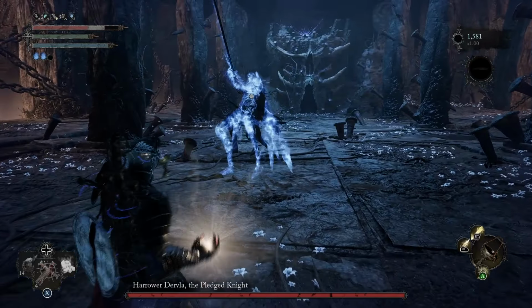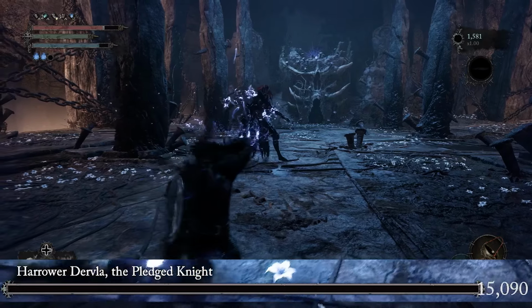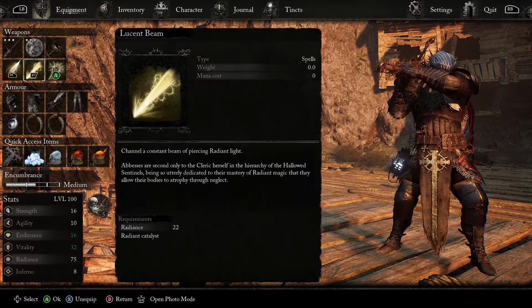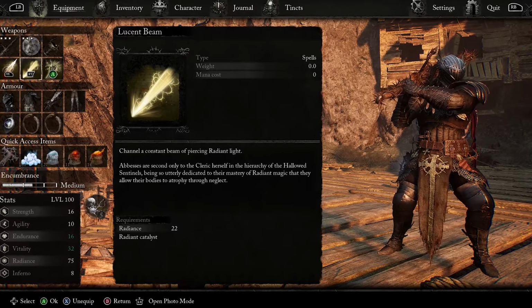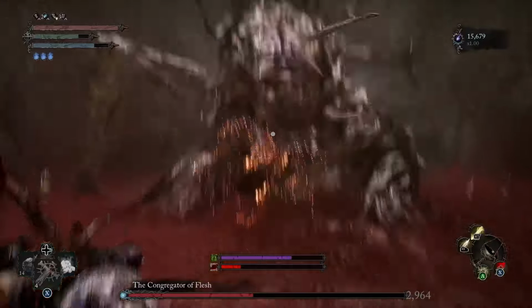Now for the part you guys have been waiting for, how I'm nuking bosses with insane amounts of damage. So the first thing we're going to need to get this going is the spell Lucent Beam. Just picture Iron Man shooting a laser beam from his hand and it's going to be the same thing. You shoot out a constant beam of holy damage that consumes mana and deals damage for every second you're holding